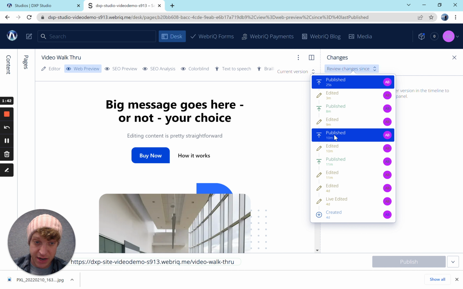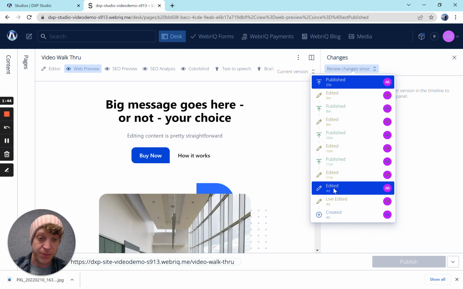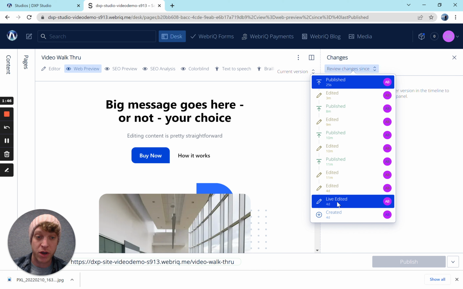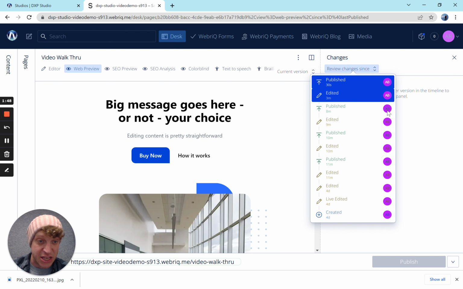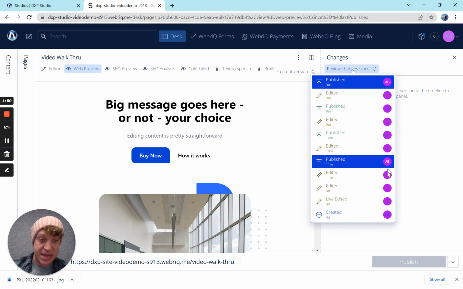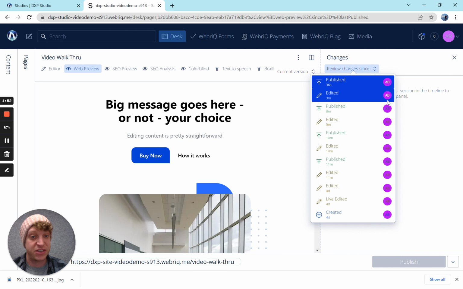Something was published 10 minutes ago. Something was done 4 days ago. It was live, and I can see the user, in this case me, that was doing all of that activity. So this is also a great way for large teams, people that have 3-4 content managers and publishers and